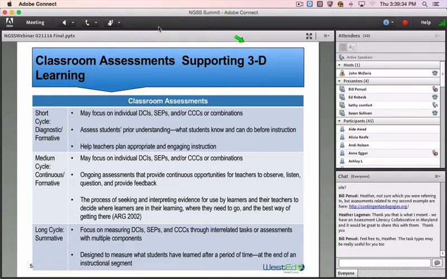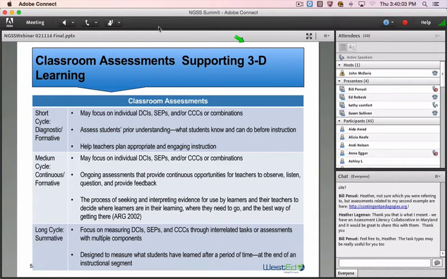With these kinds of continuous assessments, the process of continually assessing is to seek and interpret evidence produced by learners and teachers to decide where learners are in their learning, where they need to go, and what is the best way of getting there. This was from the assessment research group in the early 2000s. Paul Black and Dylan Williams were two of the researchers that did a lot of work